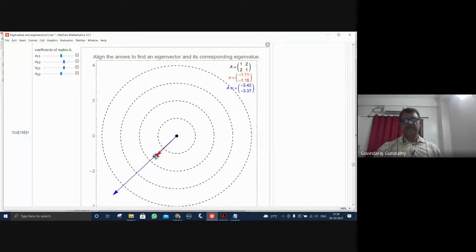This is the opposite direction, a change of sign alone. And in all other places, you don't see that. There is going to be an angle involved, except in one particular direction, which is an eigenvector. That is why it is a particular characteristic. These are the characteristic values of these vectors and the scaling factor.